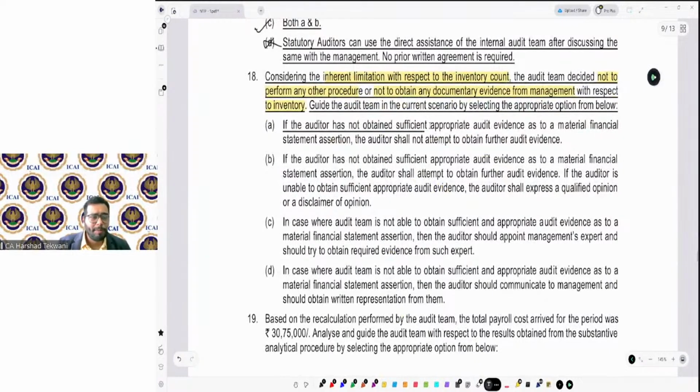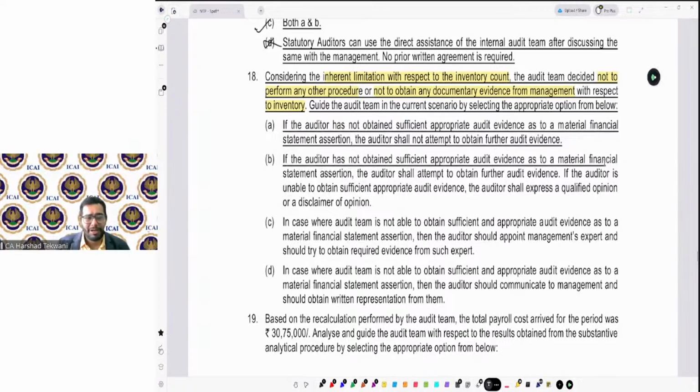If the auditor has not obtained sufficient and appropriate audit evidence as to a material financial statement assertion, the auditor shall not obtain further audit evidence. If the auditor has not obtained sufficient and appropriate audit evidence as to the material financial statement assertion, the auditor shall attempt to obtain further audit evidence. If the auditor is unable to obtain sufficient appropriate audit evidence, the auditor shall express a qualified or disclaimer of